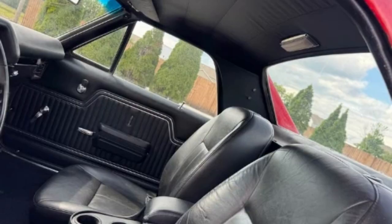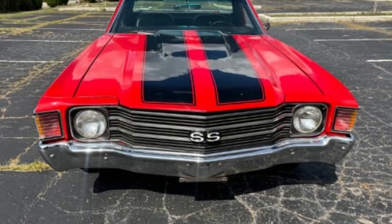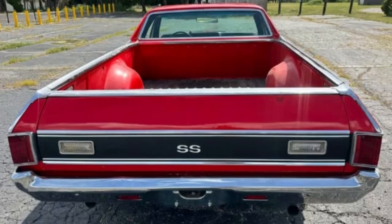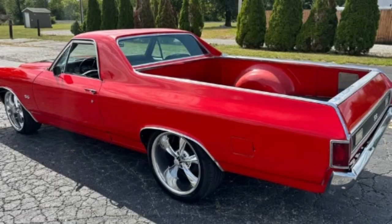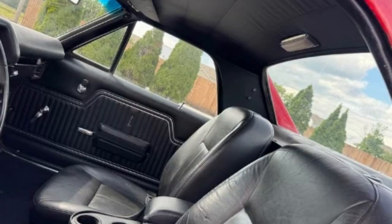Visually, the car presents itself well despite wearing older paint. The finish still has good overall appeal, but does show some blemishes, bubbles, and signs of age. New 20-in wheels and tires have been installed, giving it a modern stance, though the seller also includes factory rally wheels for those who prefer a period-correct look. The body lines remain crisp, and the El Camino's distinctive profile continues to highlight the unique blend of pickup practicality with muscle car styling. Chrome trim and exterior details complement the overall presentation, giving the car a balanced mix of